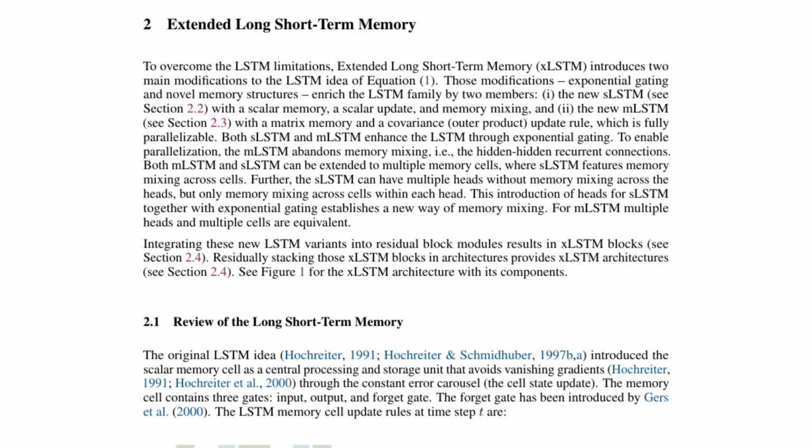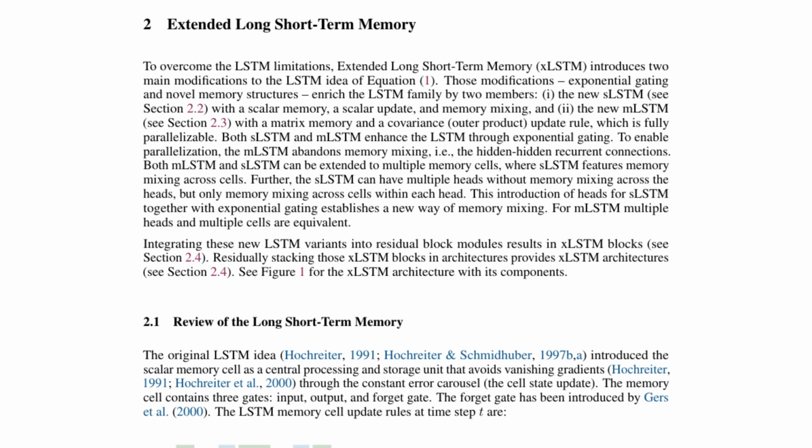1. The new sLSTM with a scalar memory, a scalar update, and memory mixing. And 2. The new mLSTM with a matrix memory and a covariance outer product update rule, which is fully parallelizable. Both sLSTM and mLSTM enhance the LSTM through exponential gating. To enable parallelization, the mLSTM abandons memory mixing, i.e. the hidden recurrent connections. Both mLSTM and sLSTM can be extended to multiple memory cells, where sLSTM features memory mixing